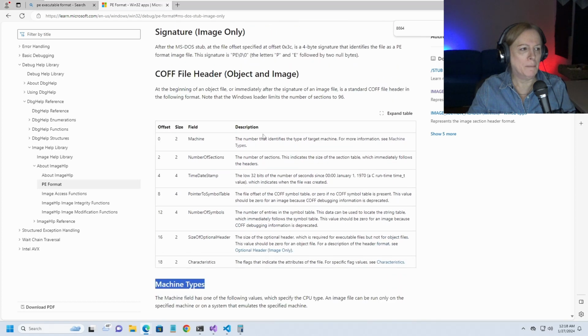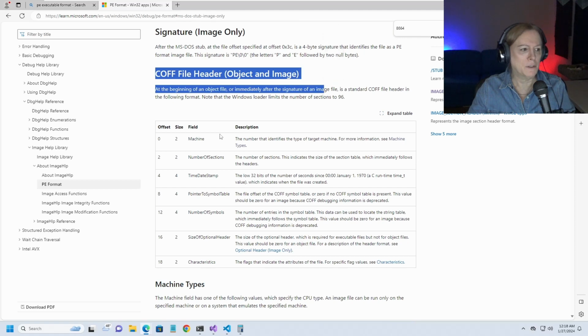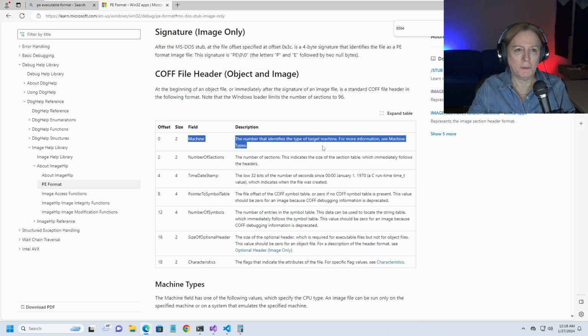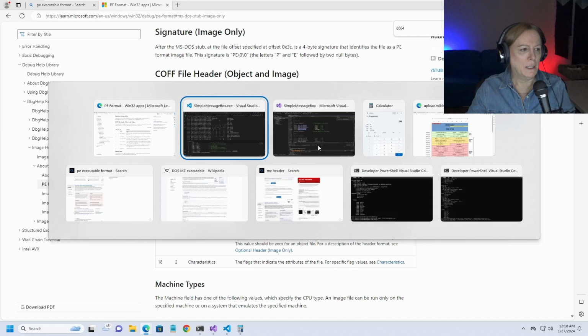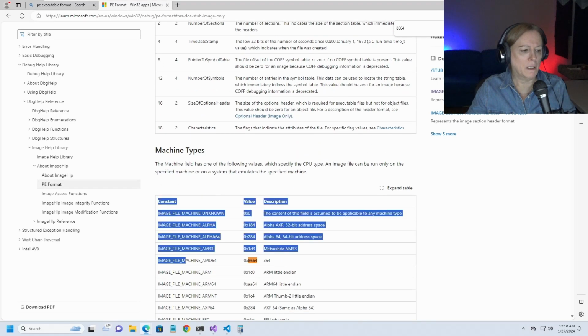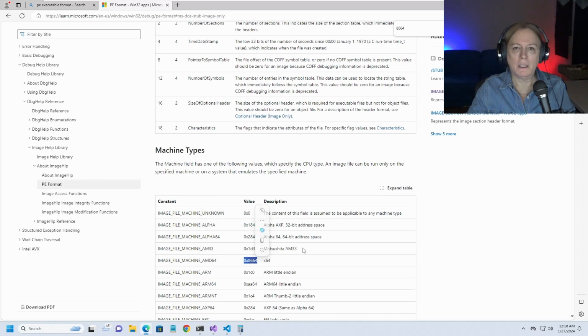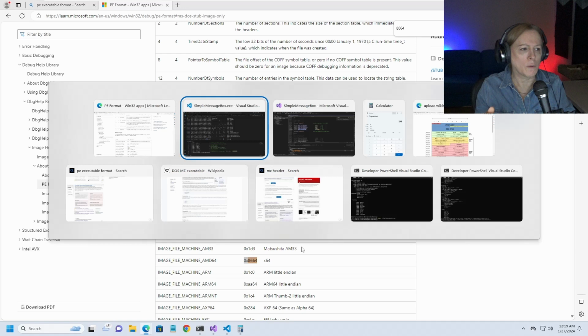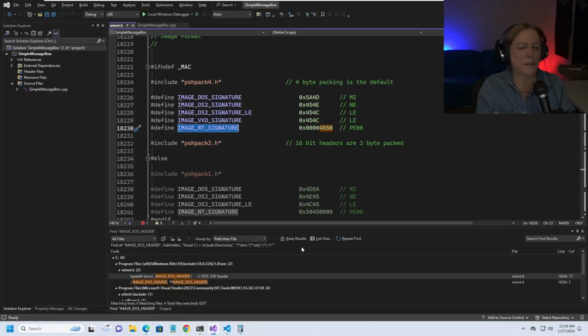You can see this is in the machine type section that we were looking at earlier. If I scroll up, this is the header that we were just looking at. So it's really this field here that we're looking at, and this field right here is where it is in the raw. And we can see that this is the value that field has right now. So this is kind of to triangulate between several things. One is the documentation, the other is looking at this raw header, and another is looking at the dumpbin output, and maybe it's not triangulation, maybe it's quadrillation, whatever, quad something,